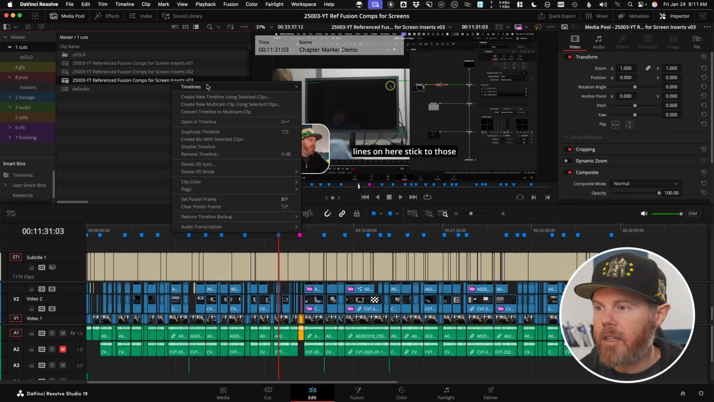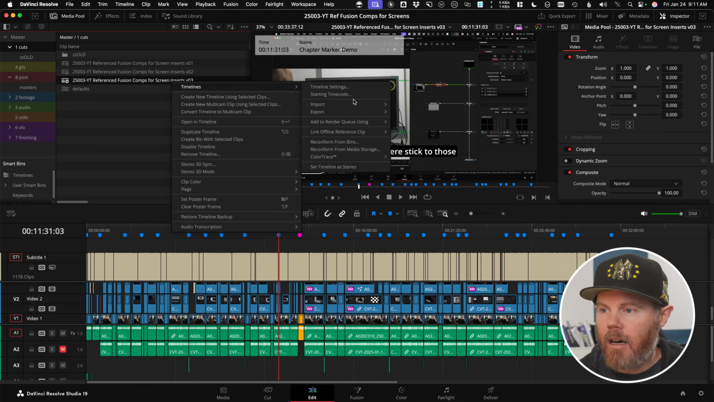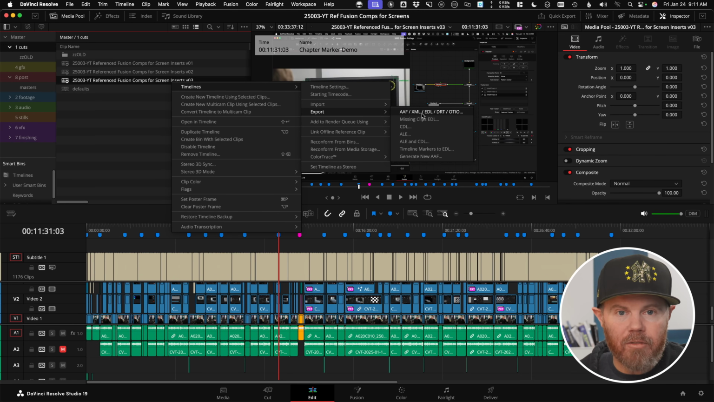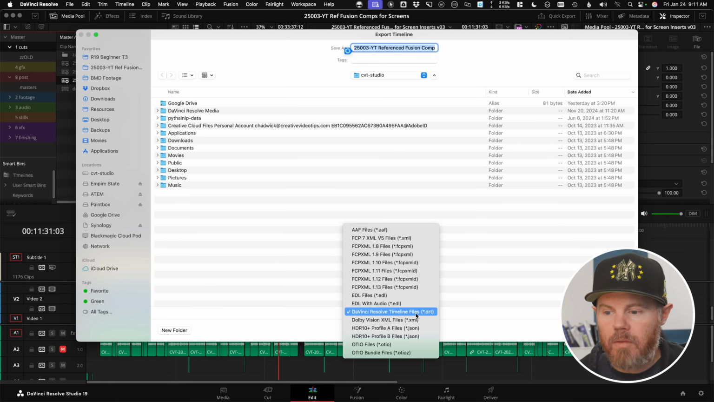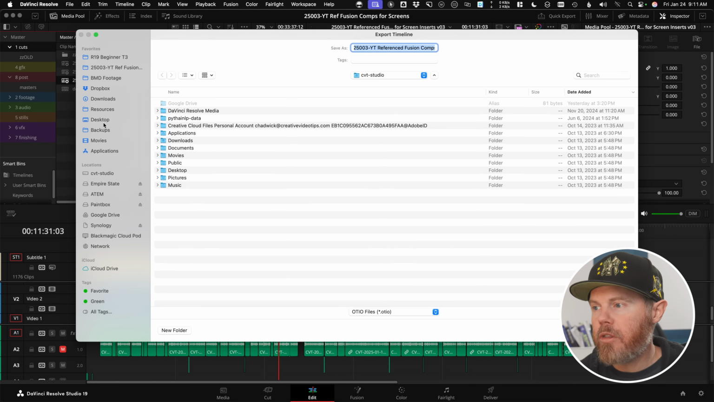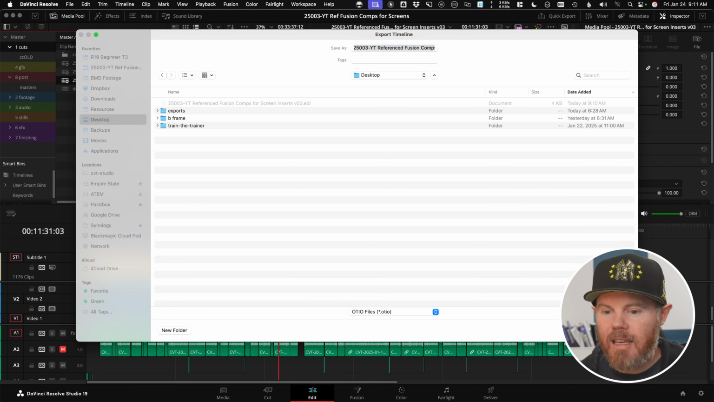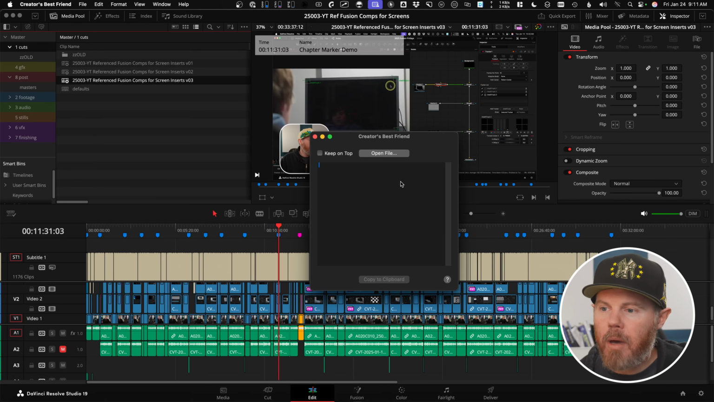I'm going to right-click on the timeline this time. Instead of exporting timeline markers to EDL, this time I'm going to export a timeline file. The timeline file that I'm going to export is not the standard DaVinci Resolve .drt file. Instead, I'm going to choose the OTIO file type down here, and then we'll put this one on the desktop as well. I'll hit save, and this time I'm going to use a paid app called Creator's Best Friend, and